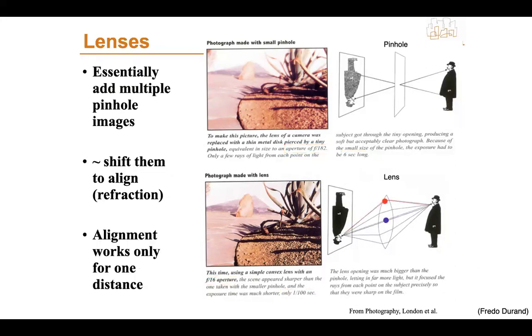Basically, in the top image, you have a pinhole, and we see the path of the rays. They're very simple because they pass only through a point and go to the sensor. But when you have a lens, you have a large aperture, and the rays go to different parts of the lens. The rays go to the center, to the top,